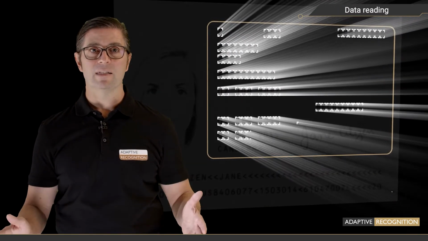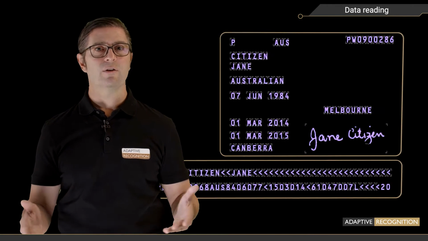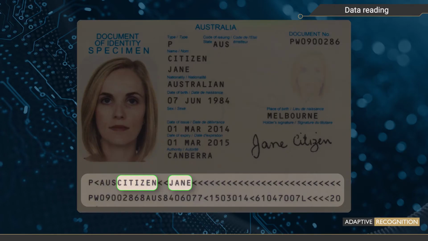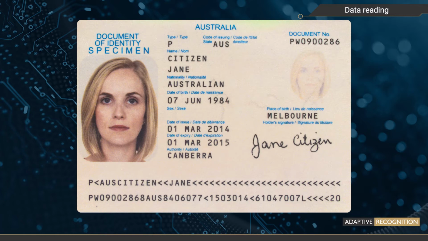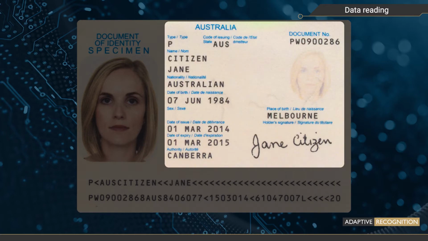It automatically detects and extracts the machine-readable zone, which is standardized data on identification documents, including both personal and document data, such as name, date of birth, nationality, document number, expiry date, and so on. Optionally, when using our software extension, it's possible to determine VIZ fields as well.